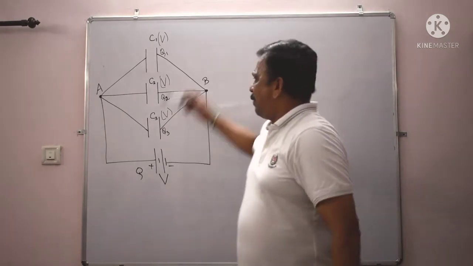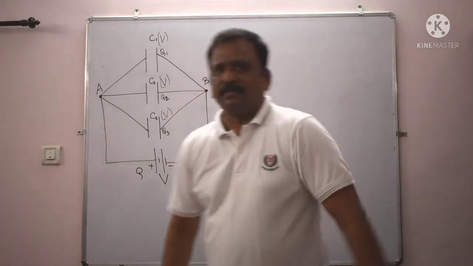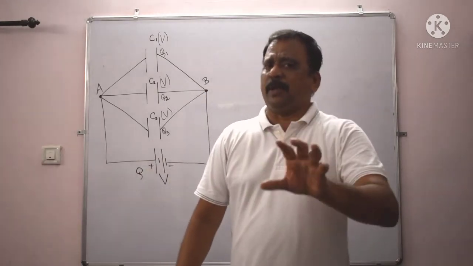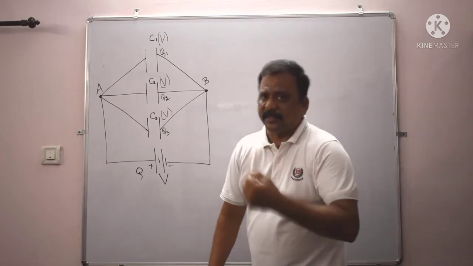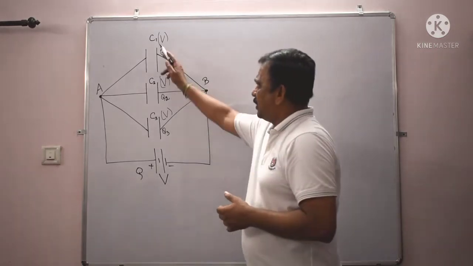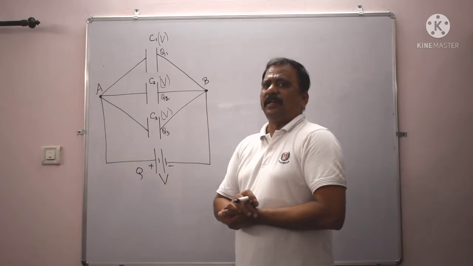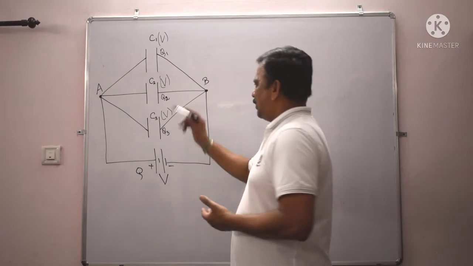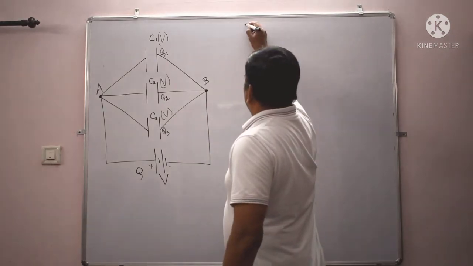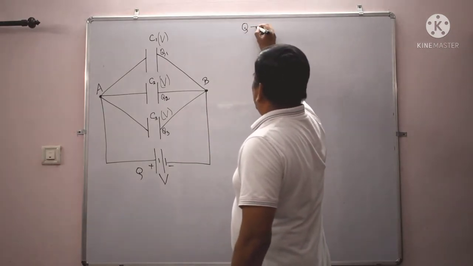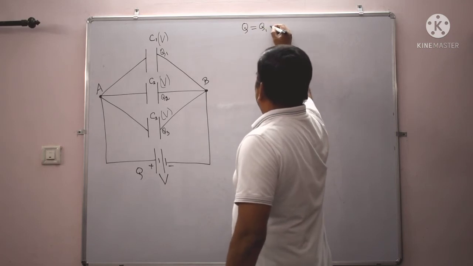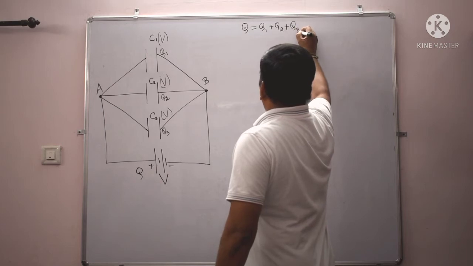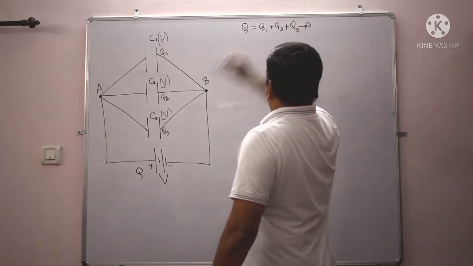Now among voltage and charge, whichever is different, from that particular quantity I will be starting my derivation to find the effective capacitance of C1, C2 and C3. Which is different? You can see charges are different. Charges stored by the individual capacitors are different from one another. So let me start my derivation from the charge. The total charge Q supplied by the source will be equal to Q1 plus Q2 plus Q3. Let me take it as number 1.